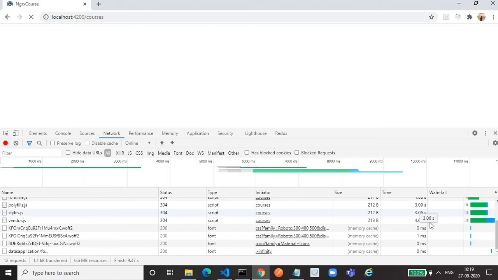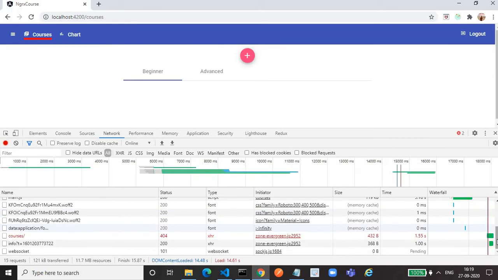Just a minute, let it be loaded. Okay, if you see, no courses are being shown on the screen. Even we are getting 2 errors. Why the error? Because of this API.